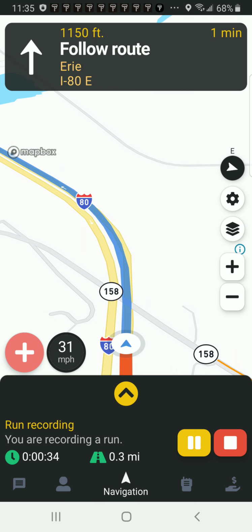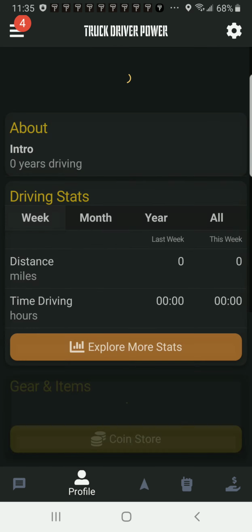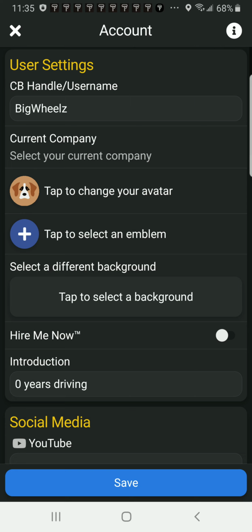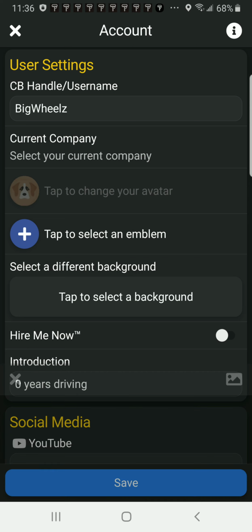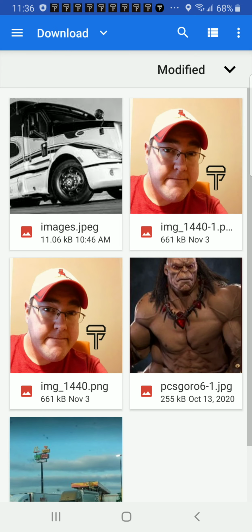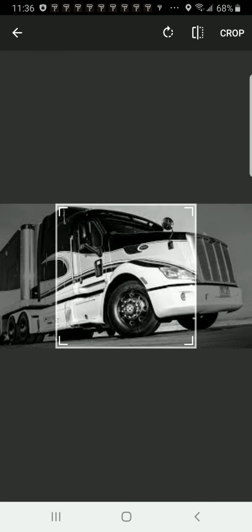If you go to the Profile tab real quick, I'll show you where you can change your picture if you want to do that. So this is your Profile tab. It's on the left of the Navigation tab across the bottom. I'm going to click on the gear icon on the top right, and this is where you could change your username if you wanted. And then here you tap to change your avatar. That's where your profile picture is. That's me. You can take one, or I'm going to click the photo and just grab something here, crop it,